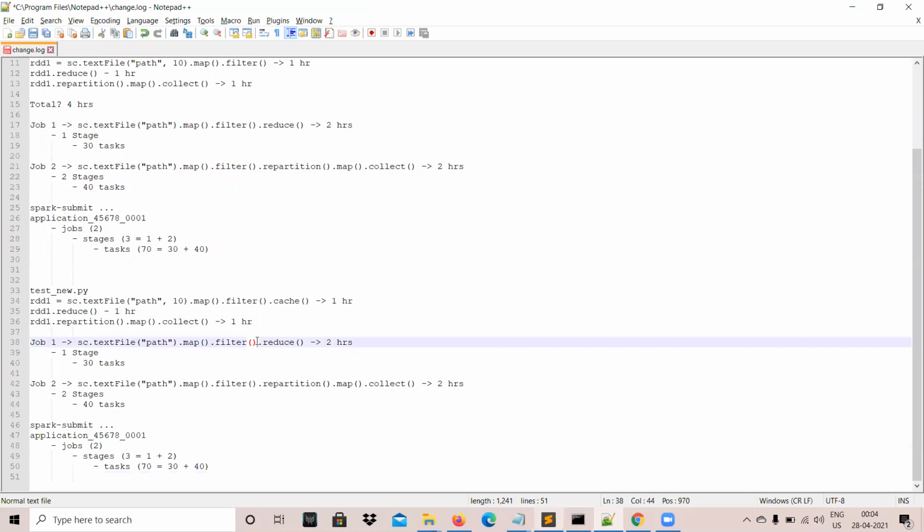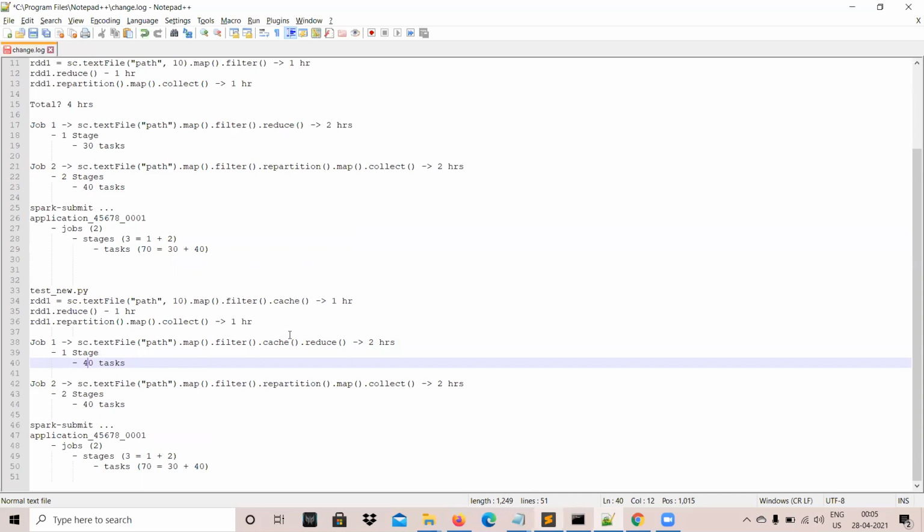Only that before this filter function, the dot cache function has been added. Apart from that, nothing else. Cache is again another transformation, so instead of 30 tasks, maybe it is another 10 tasks, that is 40 tasks.